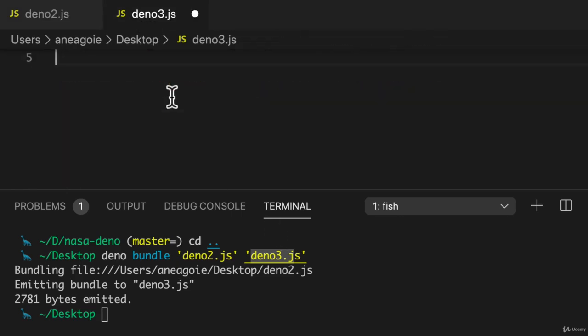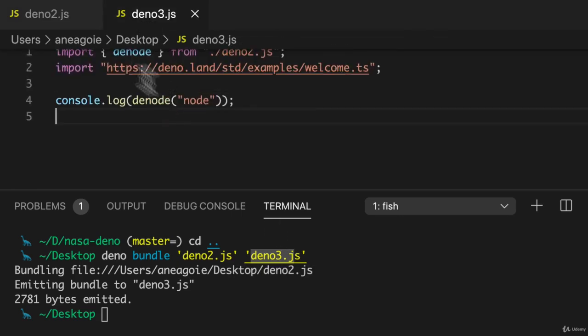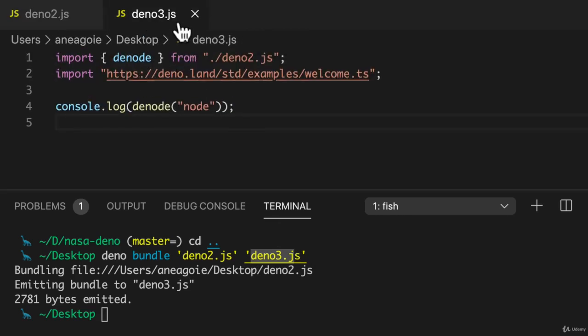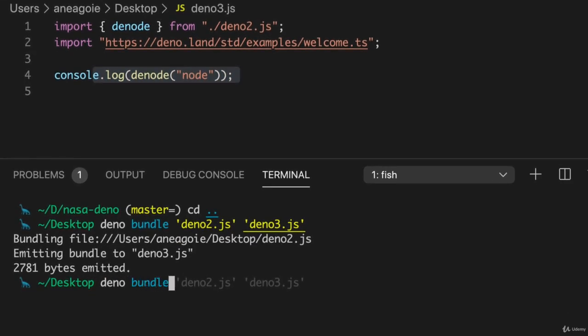Instead, let's go back. I'm going to press Command C. So we're back to what we had before. I'm going to save. And instead, our entry point is here, right? deno3.js, because this is where we import denode. It's going to import deno2.js. It's also going to import this welcome.ts, and then we're going to console log. So instead, because this is the entry point of our file, this is the file that has all the dependencies linked to it, I can do deno bundle, then deno3.js, and then the output could be anything. Let's just name it